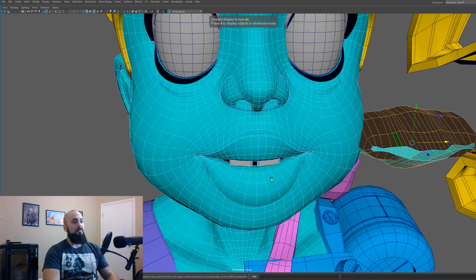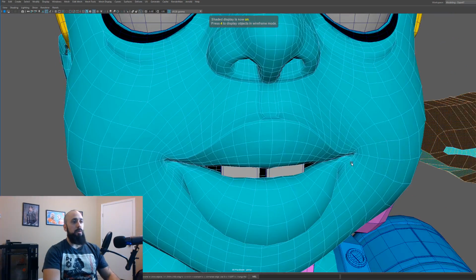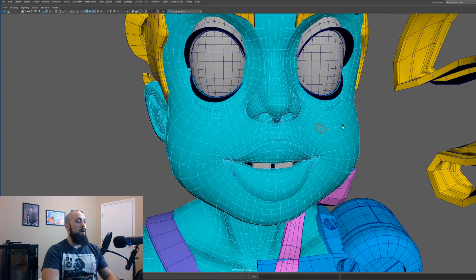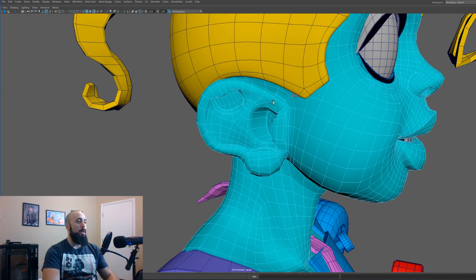So there is our mouth cavity. We can go in there, rebuild it. We can go in here and delete it. We can separate the components, and now we'll have two different meshes. Another example would be maybe this ear, and I've done this quite a bit, this same workflow for this character,